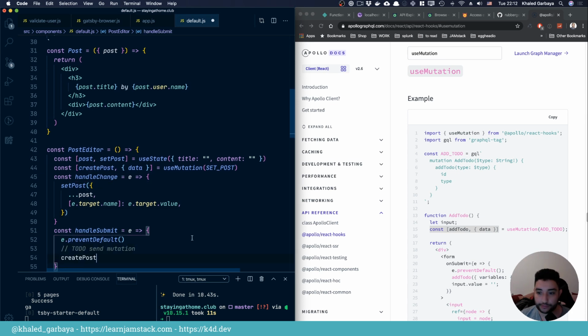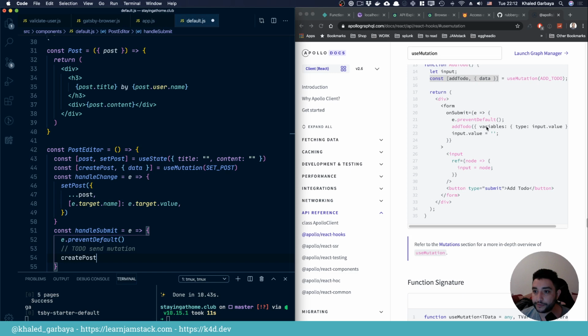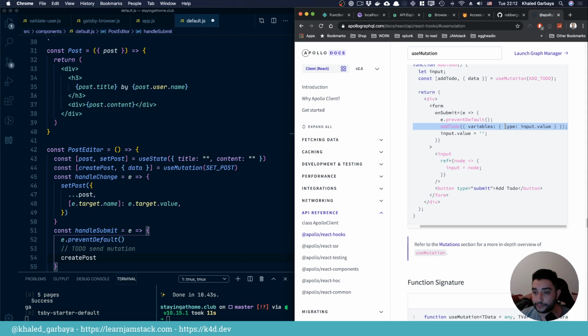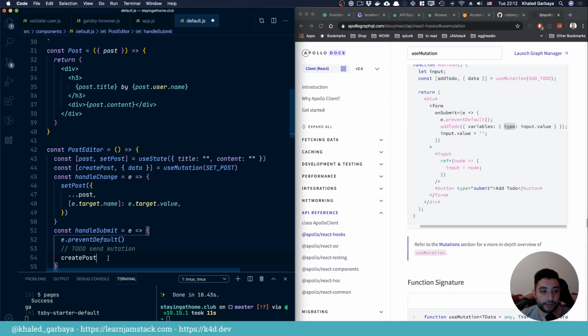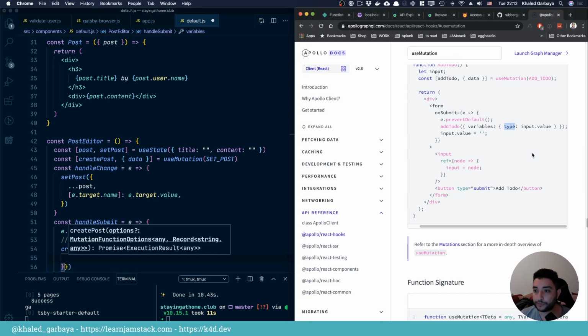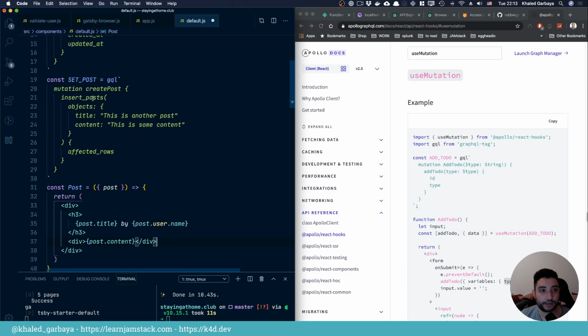in here. So we will do that, and you can see that here we need to send the variables with input dot value is something, and then input dot value with a type. Here we need to do create posts, and then it's a function, and it has variables. Inside of variables, we need to actually change a little bit our mutation, which is